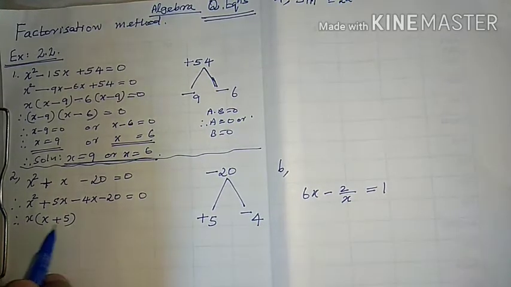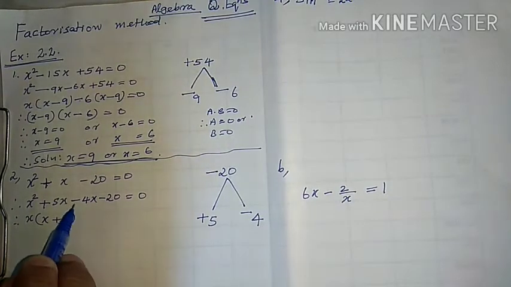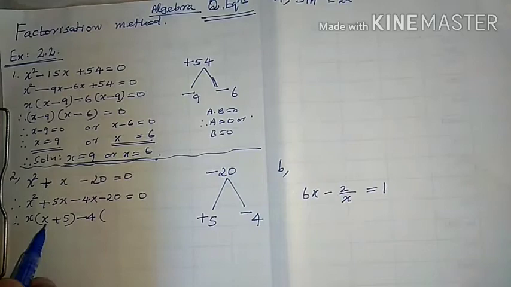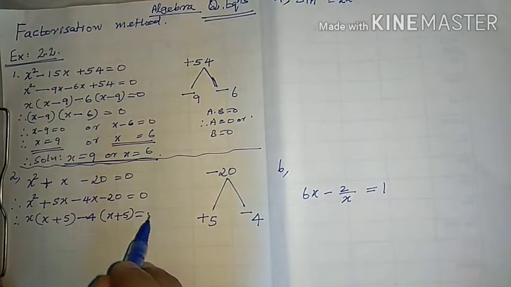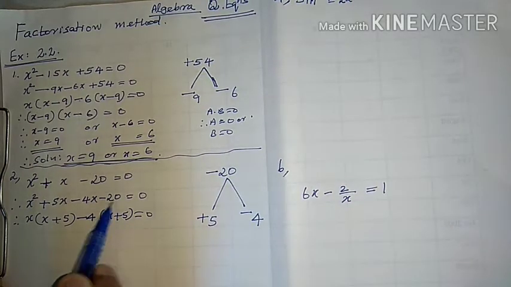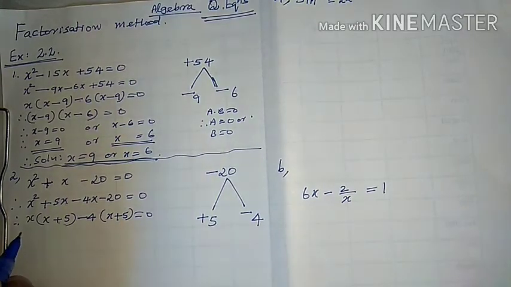Now the same x plus 5 should be this x factor. So x coefficient minus 4, we take it out as common factor. Then the same x plus 5 equal to 0. And checking what? Minus 4 into x. Correct. Minus into plus, minus. 4 5s are 20. That also correct. Now this x minus 5, x plus 5 common factor.